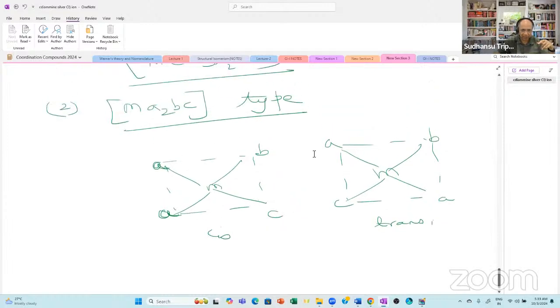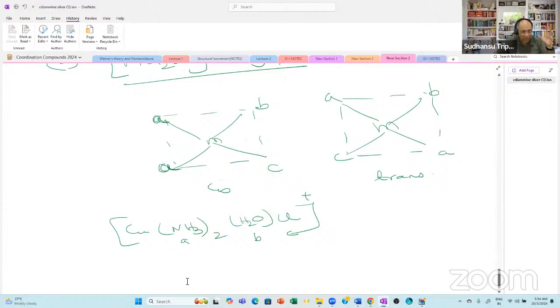You can generate many examples like Cu(NH3)... this is supposing B, this is C, this is A2BC. So once you find the formula in your competitive tests, first you ascertain whether it is